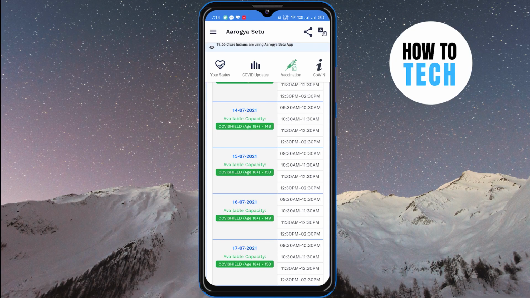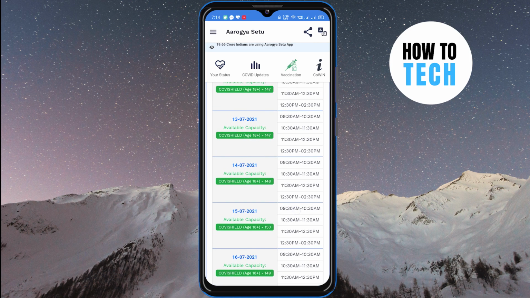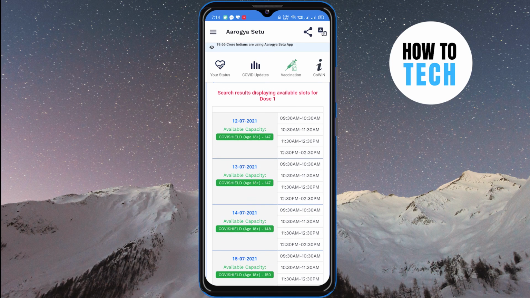So you have to select a vaccination center whichever your age group is. Like if you are more than 45, you have to find a vaccination center which is there for above 45, so this is for above 18. So I'm going to select one, this Covishield vaccine in 14th of July. So these are the 5 slots which you can see beside that, and I'm going to select this slot over here. So this violet indicates that I have selected Covishield for 18 plus at 10:30 to 11:30 of slot.